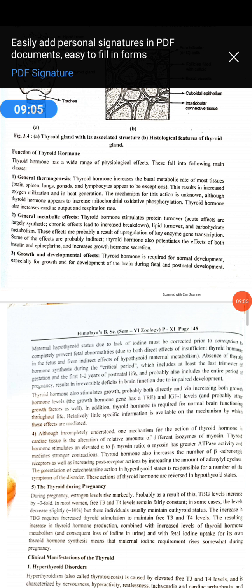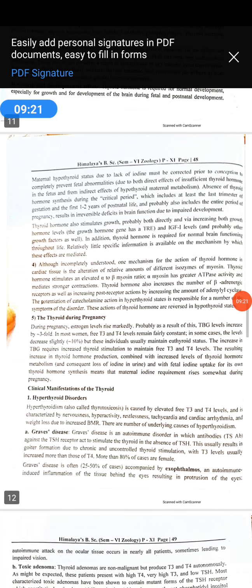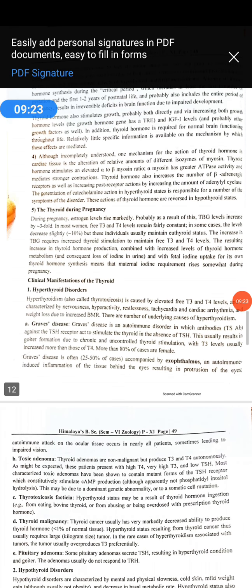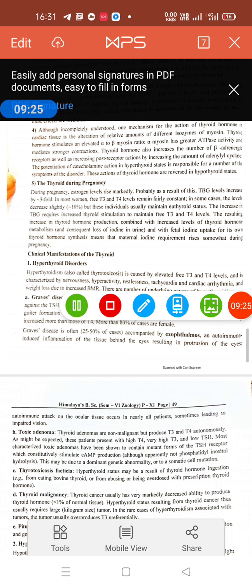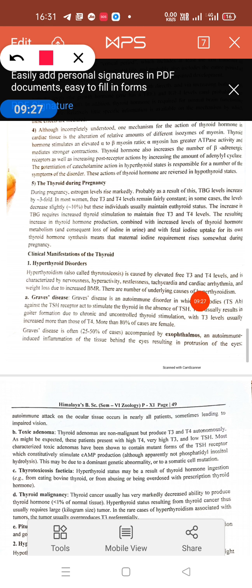Hypersecretion of the thyroid hormone means an increased level of thyroid hormone and an increased metabolic rate, because it controls the BMR. So there is increased metabolic rate, sensitivity, high sweating, flushing, rapid respirations, bulging of the eyeball, and it affects many physiological activities. Hypersecretion of the thyroid hormone causes Graves' disease, that is, hyperthyroidism in adults.